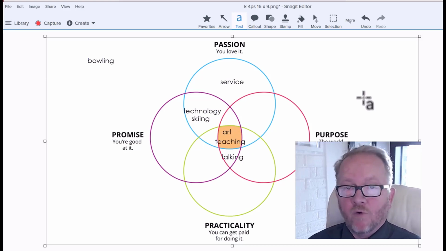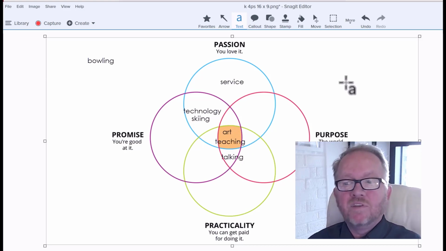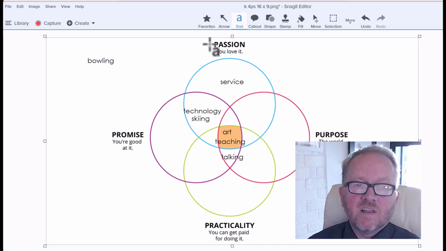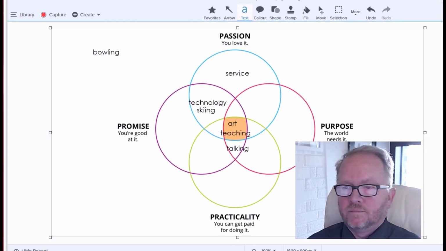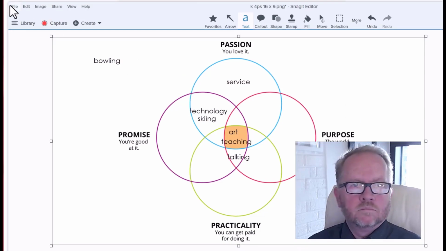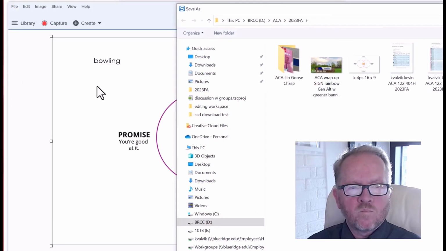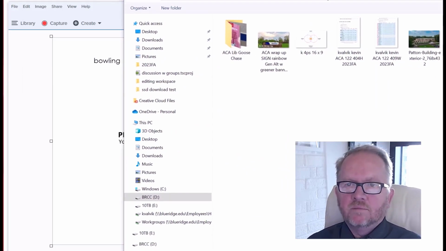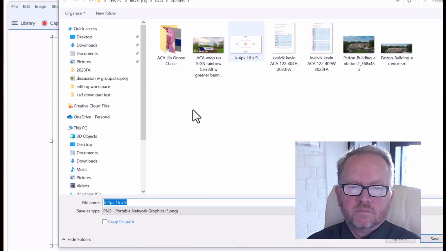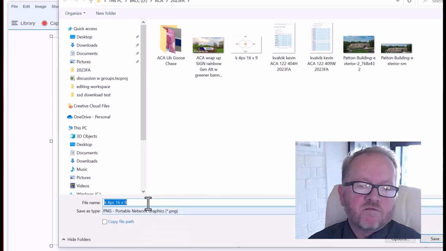That's what I'm looking for you to do. Now, once I've done this, I've got to save this and then upload it. So I'm going to save it as just an image file. A PNG is fine.